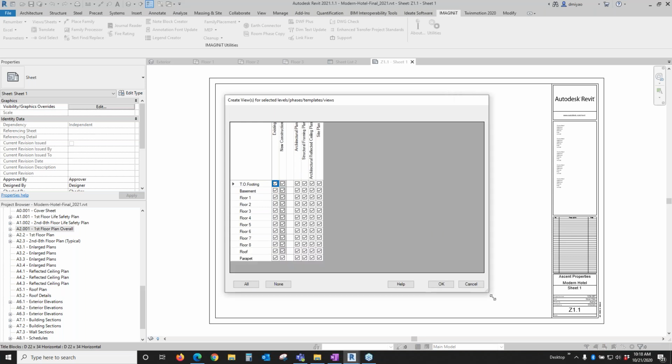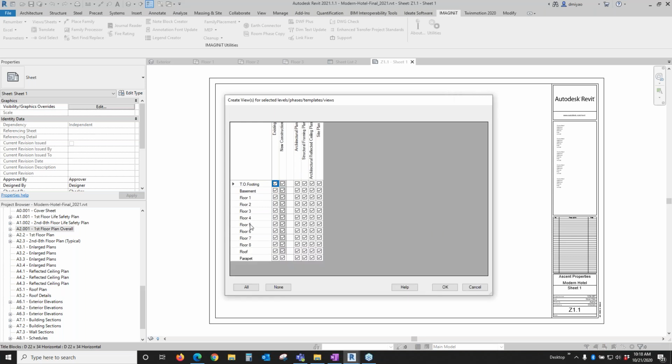So in this dialog box, you can see that it's already showing me the sheets that are the views that I already have here. And if I hover over this column here, it says new construction. It says that those sheets already exist, so it's not going to create those, obviously. So I can select all. I can go in here and say, well, I don't need to create a site plan for every one of these views here. So I'm going to go ahead and do a shift select, unselect all those. And then once I say OK,